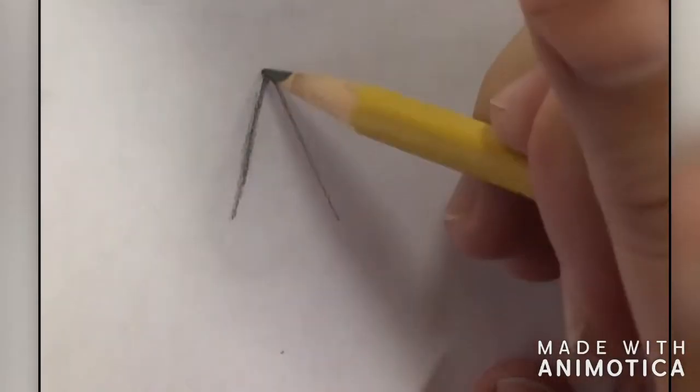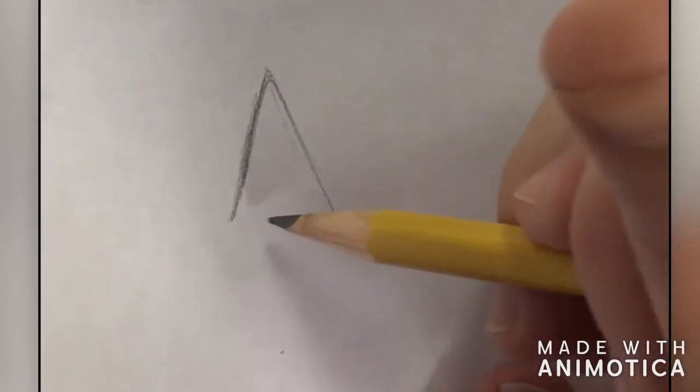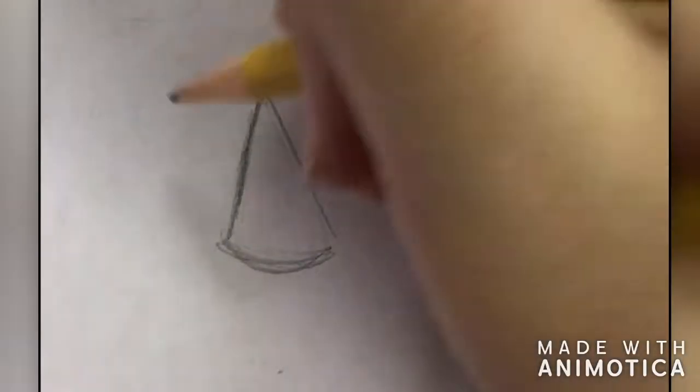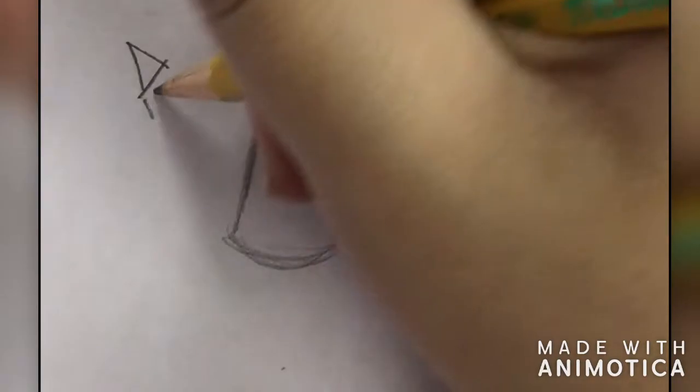The next form we're going to be shading is the cone, a little bit similar to the pyramid in the way we start drawing it, at least with a triangle for the top left and top right. But the bottom, we don't have a straight line. We actually have a curved line. And this is to help show that this is a rounded edge. So we don't have any really flat edges other than the one that's sitting on the surface, and we don't see that one. I'm going to put my light source in the top left, and I'm going to know that